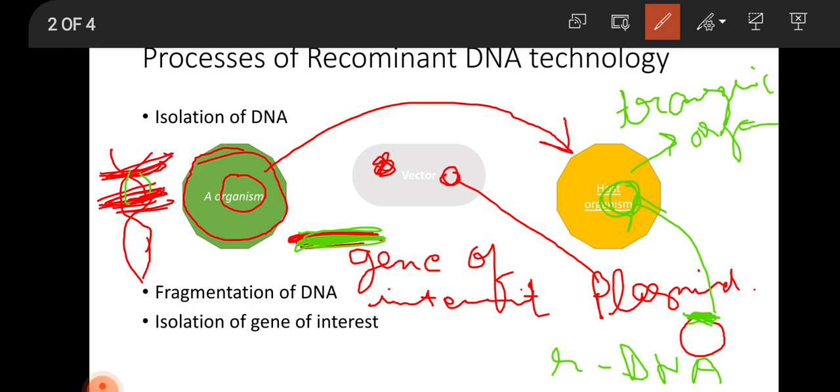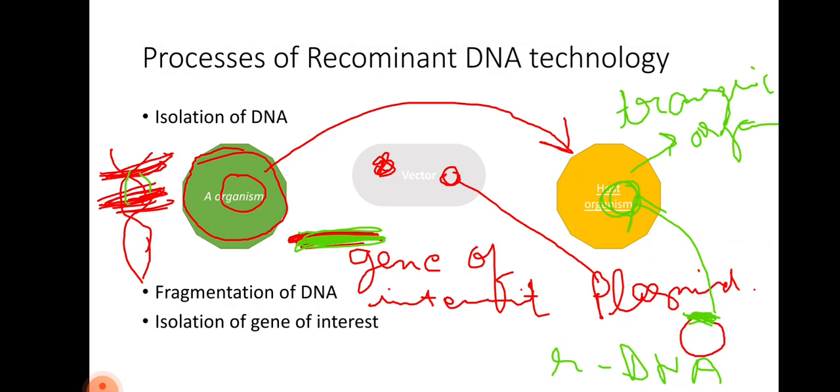Clear? So there is another process which is amplification that we have to discuss here. Amplification refers to the process of making multiple copies of the DNA segment in vitro. In vitro means in an artificial medium or in a glass. It employs polymerase chain reaction. We can copy this recombinant DNA with the help of PCR, polymerase chain reaction. This process was designed by K. Mullis. This technique involves three main steps.